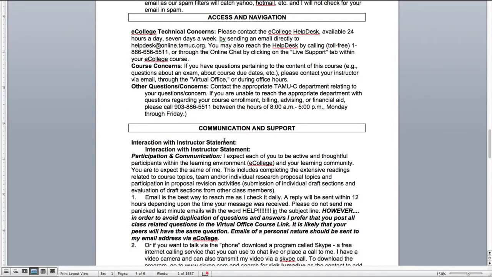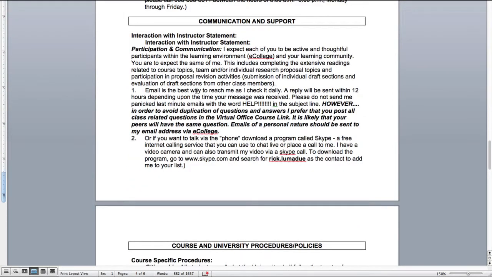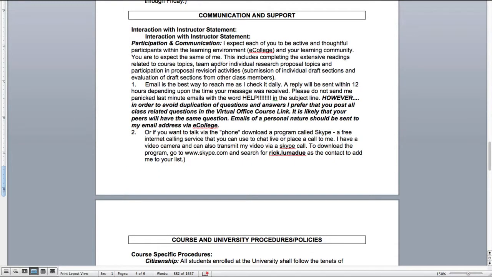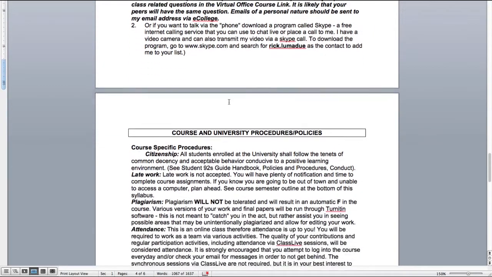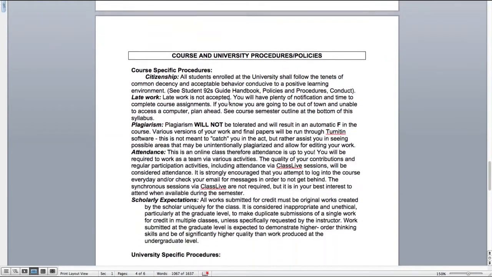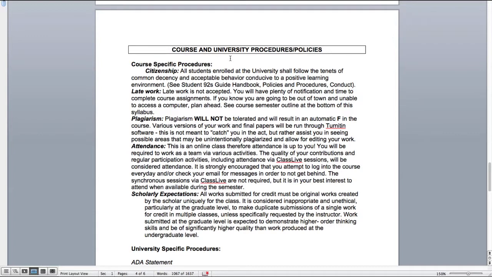Some things about access and navigation, about different technical concerns, communication and support. What is your type of interaction going to be? What are you expecting from the students? Checking email. Do you have available for Skype, for face-to-face video chats, or just for phone, or do you prefer to use email? And then also you want to have your course and university procedures, so specific course procedures and